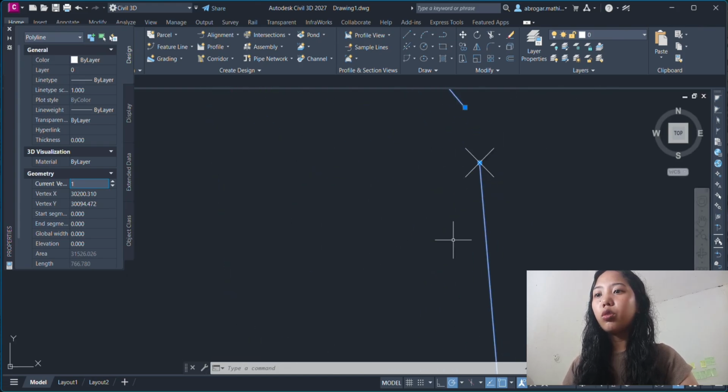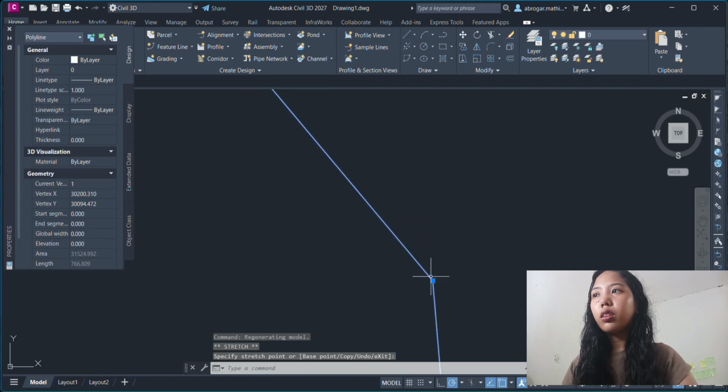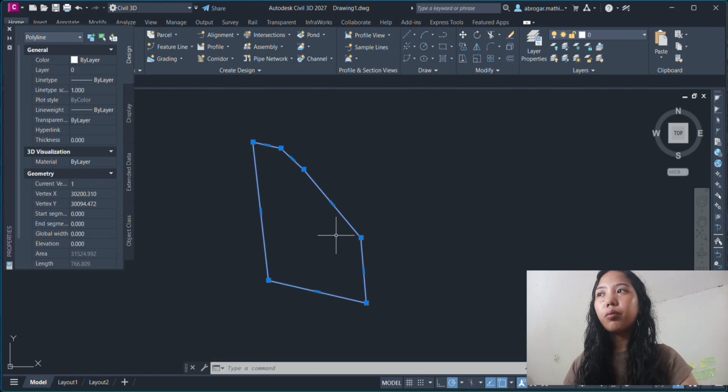Let's zoom to see any errors or if it is not closed. If you close it, it should be clockwise. So don't move the first point. The endpoint should be moved because it should be clockwise.